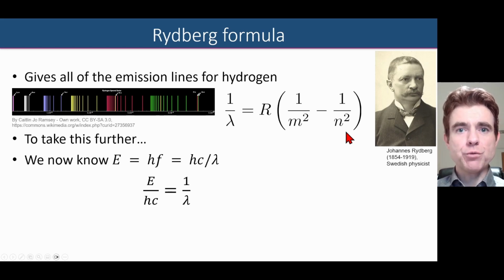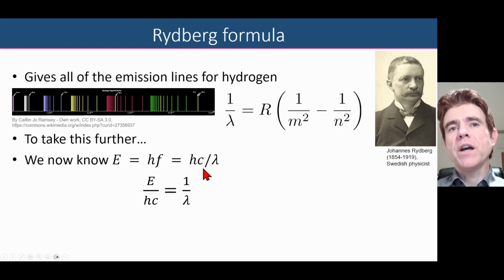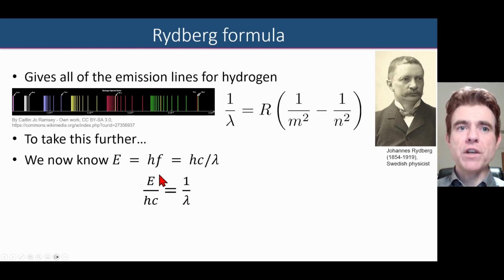Now, let's take this a bit further to see what's going on with the Bohr model of the atom, which is what we're going to be looking at closely in this video. We know that the energy of a photon is equal to Planck's constant times the frequency of the photon, which in turn means the energy of a photon is Planck's constant times the speed of light divided by the wavelength of that photon. So we can rearrange that to say E over hc is equal to 1 over lambda,